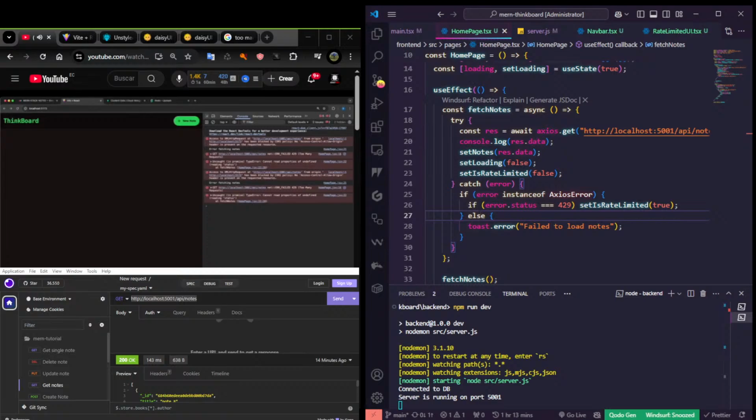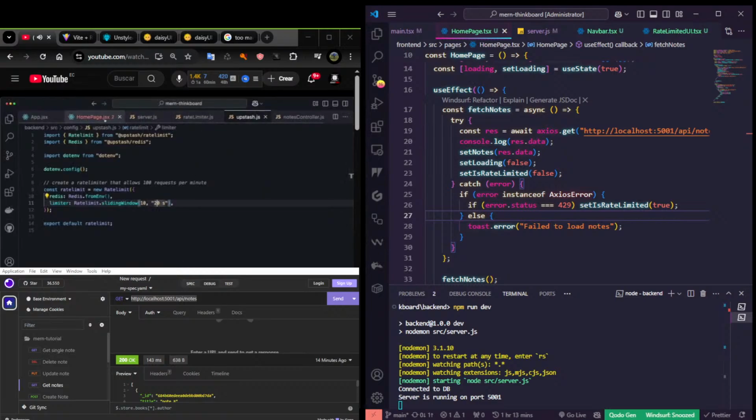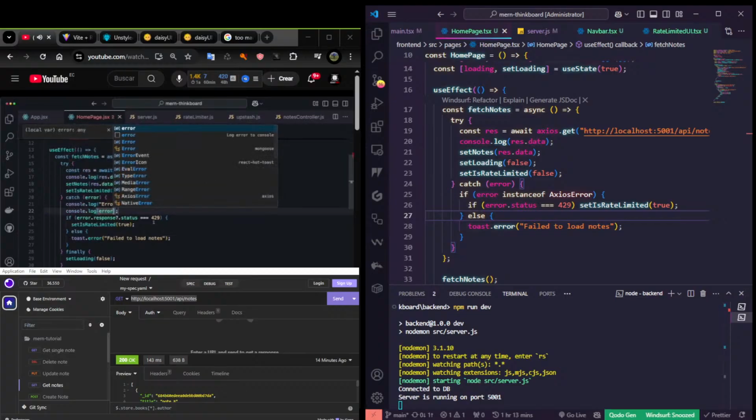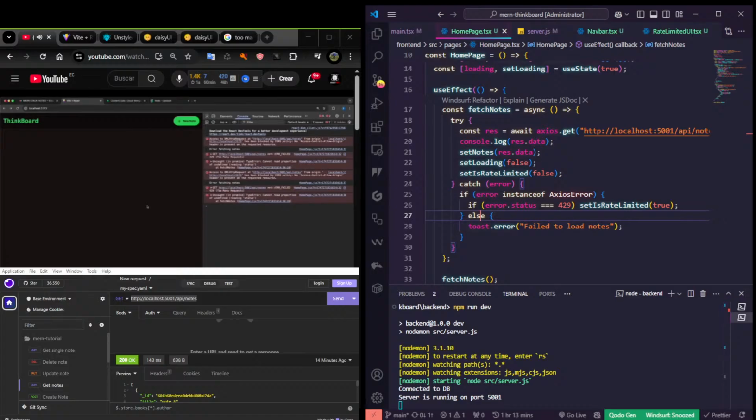Let's see. I'll go right here under the home page. So I think we didn't hit this if check. First I'll add the question mark and let's say console log the error itself so that we can see the status code. I'll send another request. Let's do it again. 1, 2, 3, 4, 5, and 6. Okay, so this is the error. Let's see. So we said